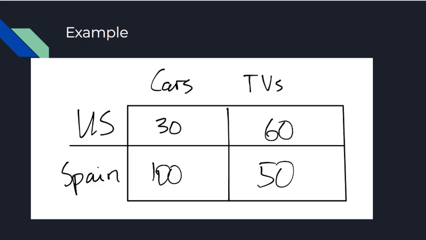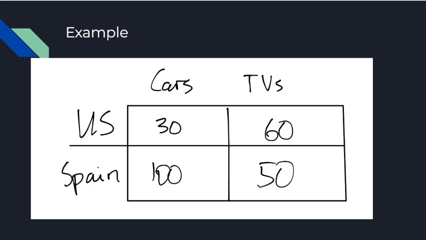And let's put all of this into perspective with an example. So here we have the US and Spain engaging in trade with two goods, cars and TVs. First, since the US produces only 30 cars while Spain produces 100, which is greater than 30, Spain has the absolute advantage in producing cars. Furthermore, since the US produces 60 TVs while Spain can only produce 50, the US has an absolute advantage in